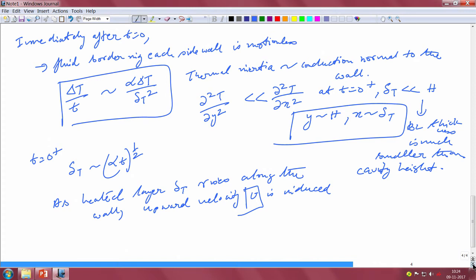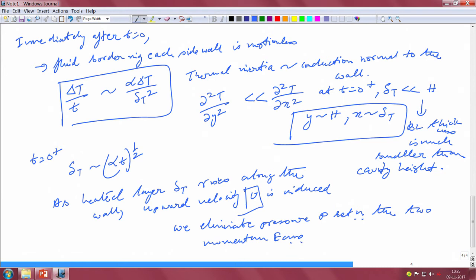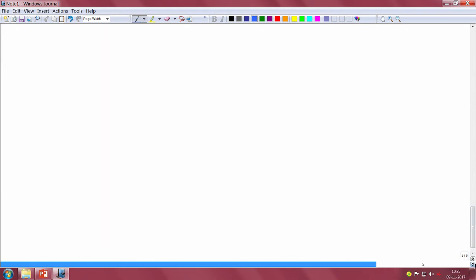In order to find that scale, what we do is that we eliminate pressure P between the two momentum equations. Got it? Between the two momentum equations we eliminate the pressure. So, based on that we get